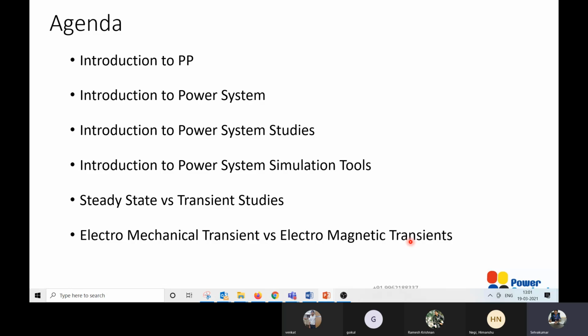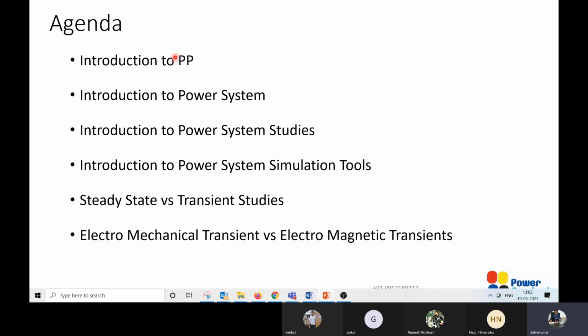This gives you an idea where you need to use ETAP, where you need to use DIgSILENT PowerFactory, where you need to use PSCAD, what the difference is, and why and for what studies people have to look at PSCAD. All these things will be addressed here.